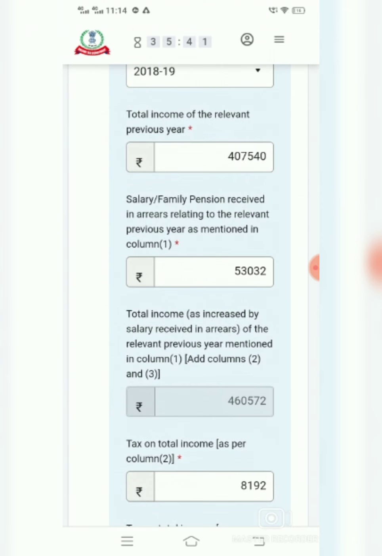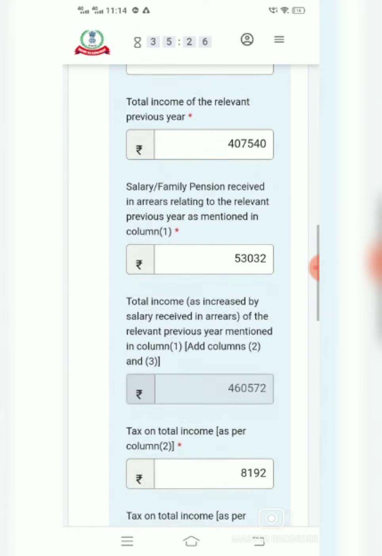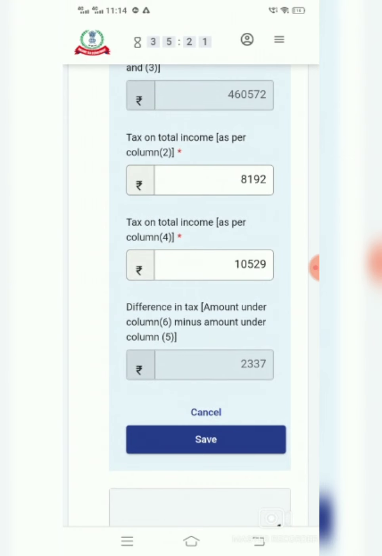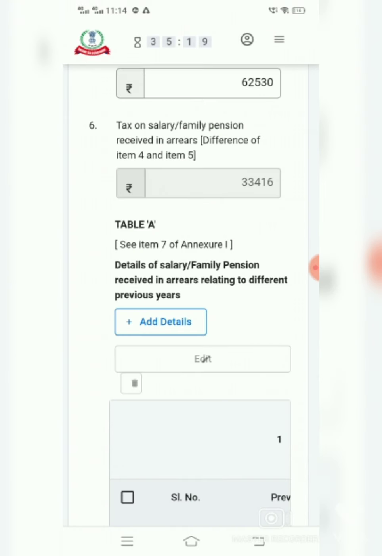Then the advance salary, meaning arrear, I received in 2018 was 53,032 rupees. So I will fill it here. Then the rest of the information will be calculated automatically. Then we have to save it.